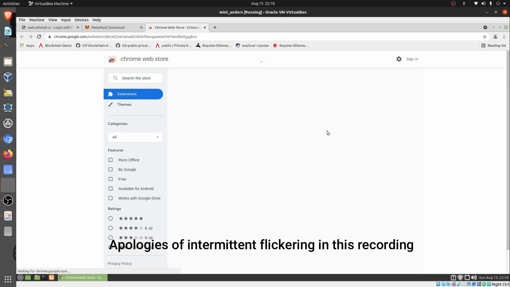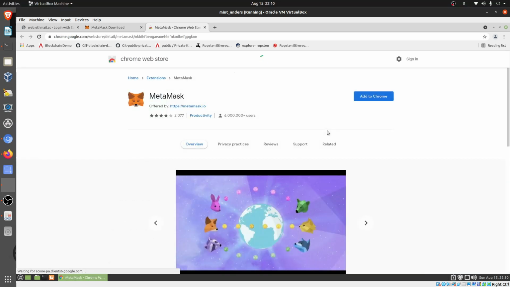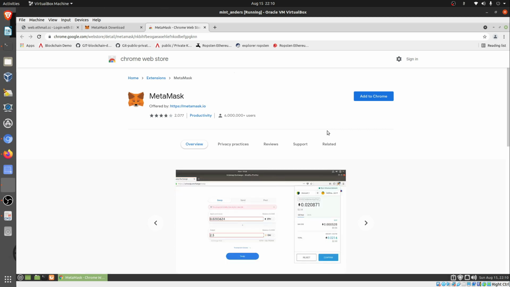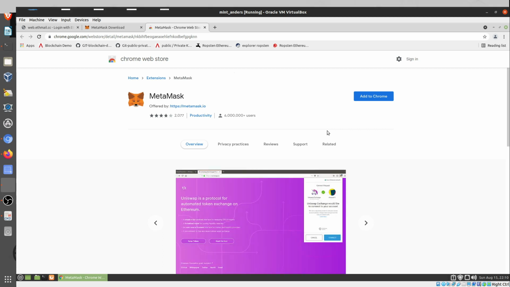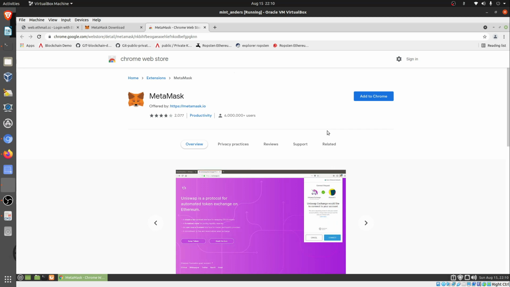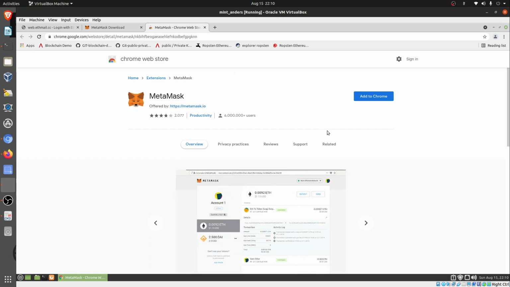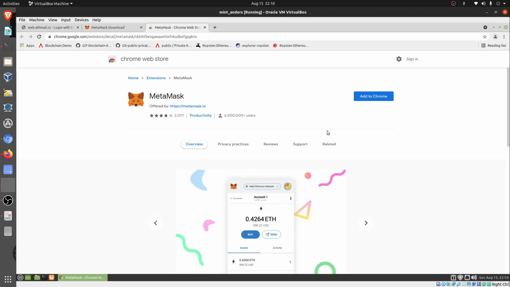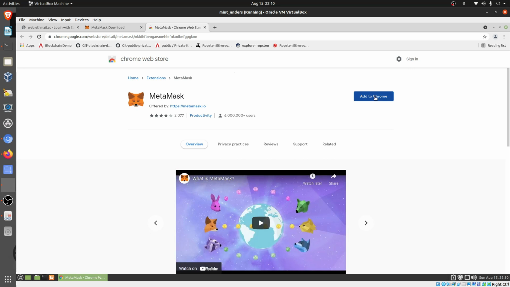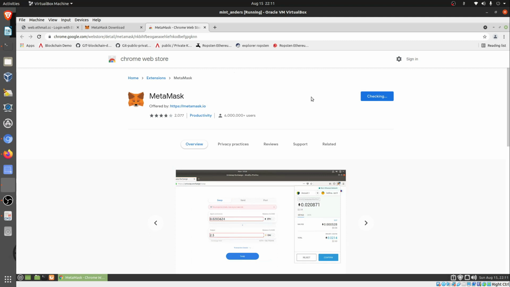Now MetaMask is a wallet, and what makes this mail to an Ethereum address possible is that any software that implements the OpenID Connect authentication mechanism will be able to use this Cryptoverse login. So we are logging into a third-party app using Cryptoverse login, which is the identity provider. Instead of a Gmail or Yahoo login, here your identity is an Ethereum address. So we are about to add this and create an Ethereum address for us. Add extension, very simple.